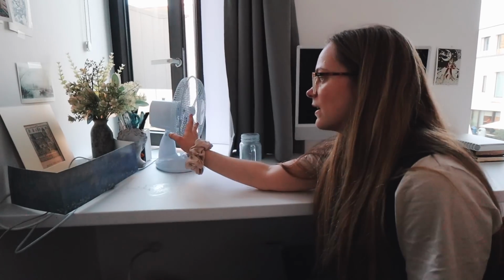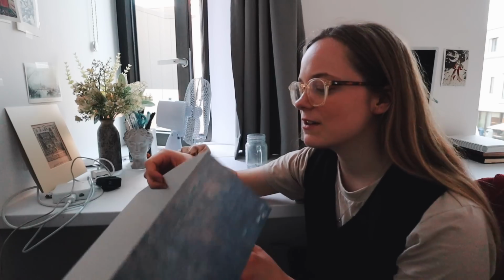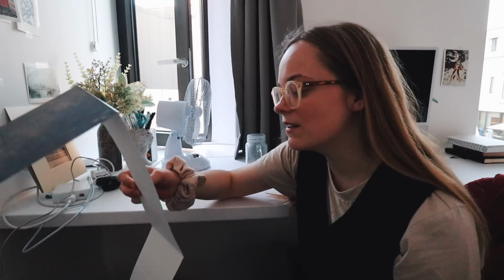Now we're gonna go onto my desk, which is always one of my favourite parts of my room. Well, definitely the part that I spend the most time. As I say, I've got a fan and they gave them to us because this building gets really hot. So on this side I've got all of these wires, and so in an effort, a very bad effort, let me tell you, to hide them,